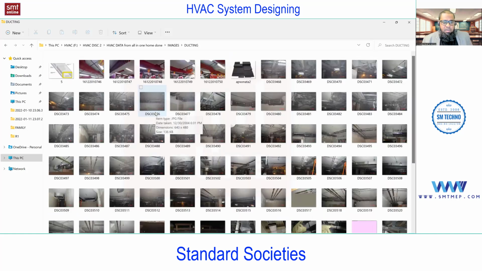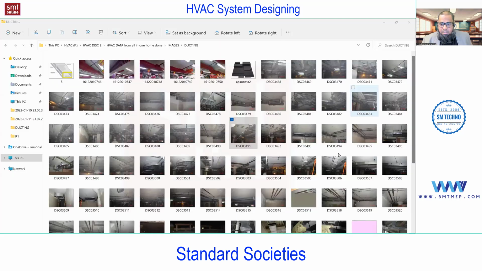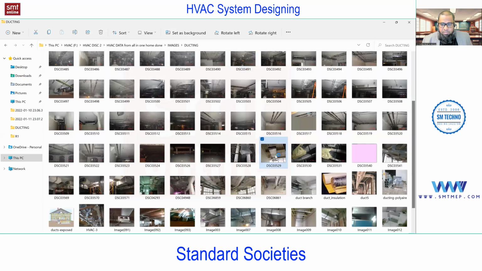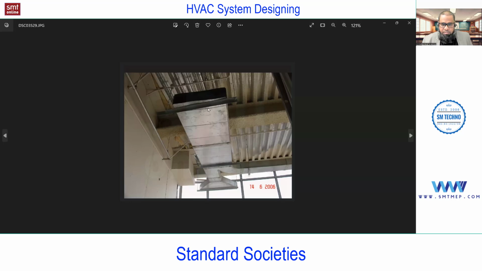We have a separate part 4 in module 1 for ducting. At this level, I'm just giving the idea. You see this sheet metal box, or else I'll show you a simple image. You see, this sheet metal box is a passage used to convey the air. We call it a duct. In detail, we'll discuss it in part 4 of module 1.